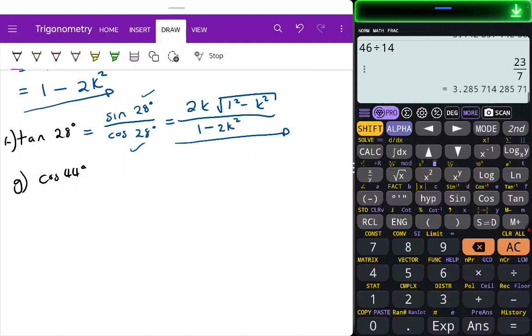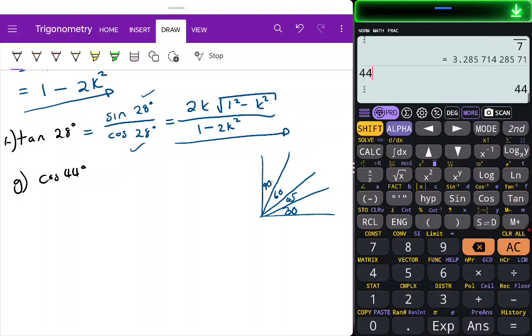So our special angles, I hope you remember, are going to be 30 degrees, 45 degrees, 60 degrees, and 90 degrees. So let's start with 30. 44 minus 30. Beautiful. 30, 14, 44. Let's go with special angles. So we're going to say this is actually equal to 30 degrees, which is my special angle, plus 14 degrees, which is what I want when it comes to this